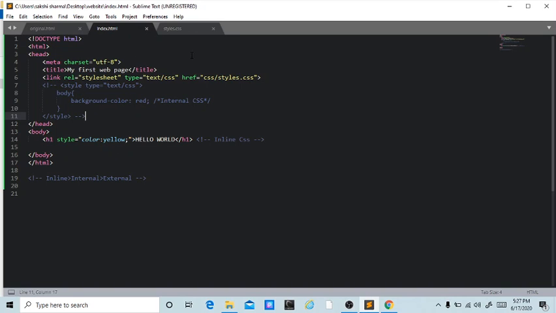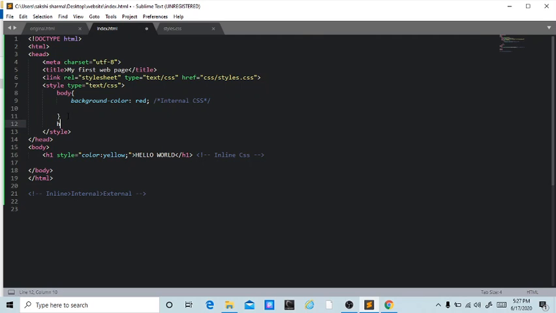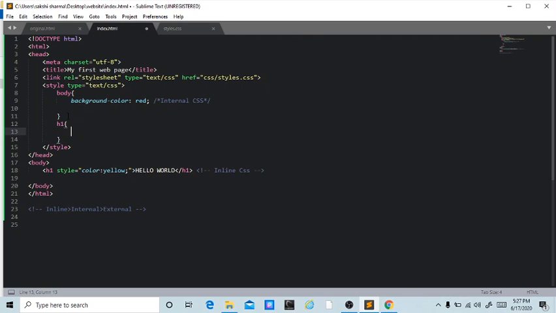Let's compare internal and inline CSS. Let's uncomment it and let us add some style to our h1 in internal CSS. So we'll write h1 and open the curly braces.